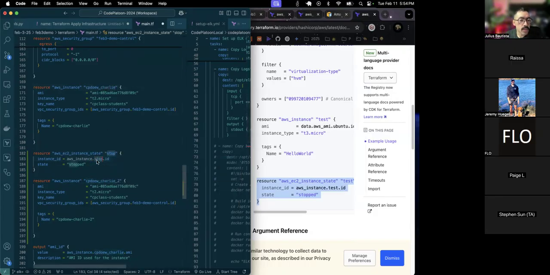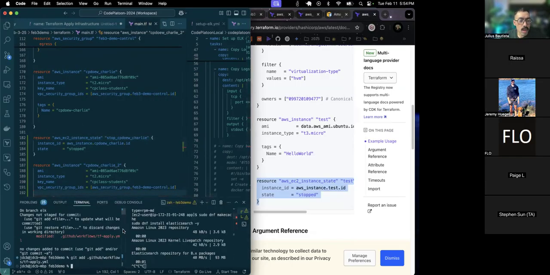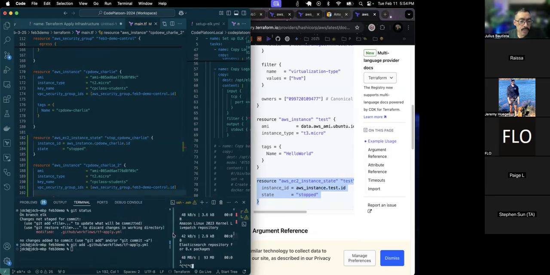Actually, this label itself shouldn't matter, but to make it more clear, I'll call it something like stop CP DevOps evening weekend Charlie. Let's see if this works. I could just push this right now. I could also